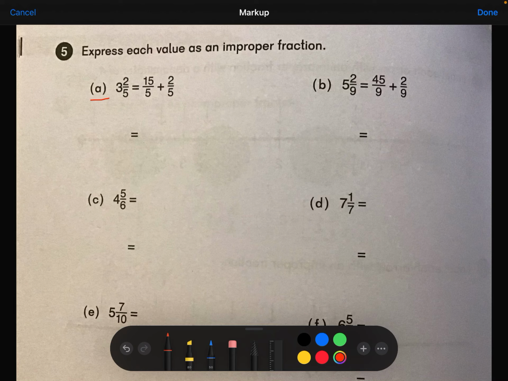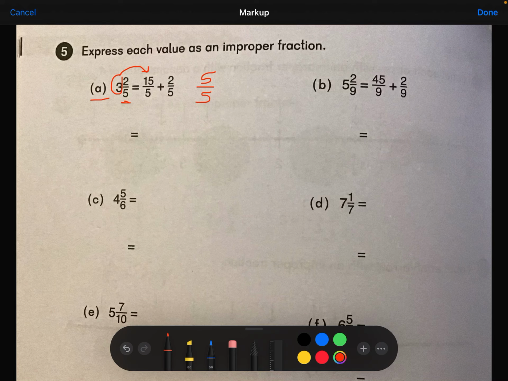an improper fraction. So basically, just like what we saw earlier on in this practice section, you have 3 wholes and we are going to turn it into something over 5. We're choosing 5 because that's the denominator that we're given in the fractional part of our mixed number, and we're turning it into an improper fraction. So if 5 is our denominator, then 1 whole can be represented